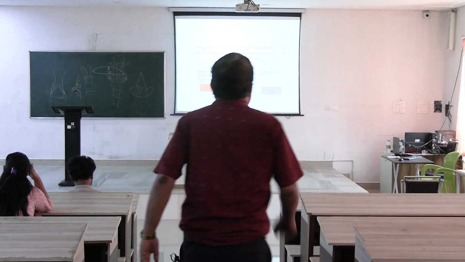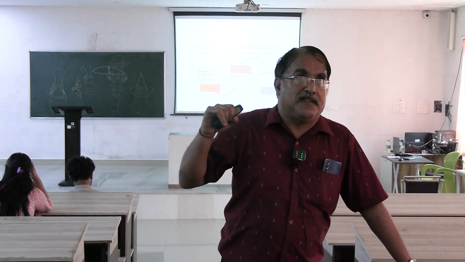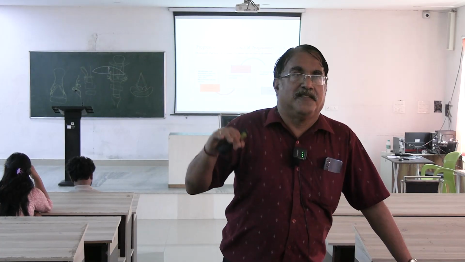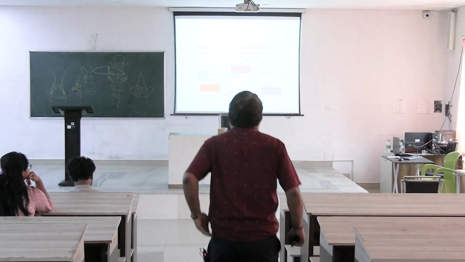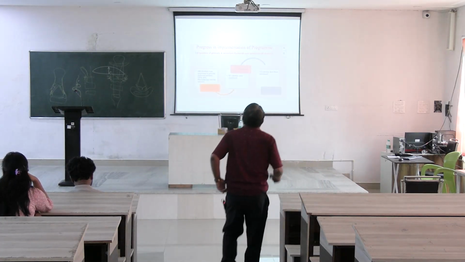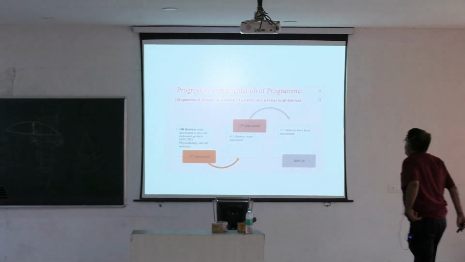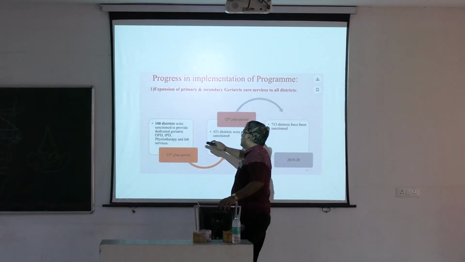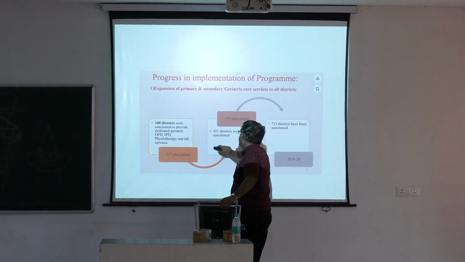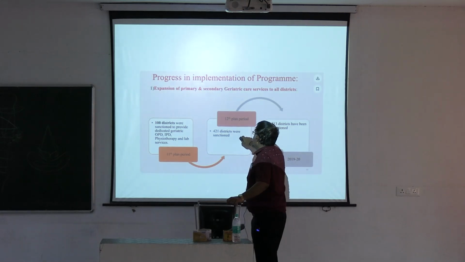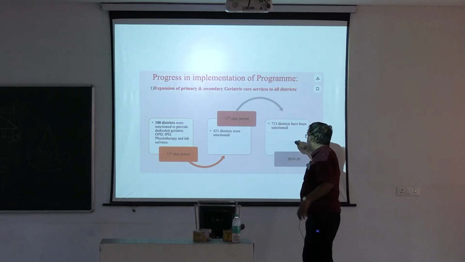Okay. So now let's come to the progress. These are all fancy things which were said in 2011, but we have not really gone full-fledged in it because of financial resources, planning, training, etc. So the idea was that, in the 12th plan period, 100 districts were sanctioned to provide dedicated geriatric care, and then later on it became 421 districts. Then in 2019-20, it became 713 districts.